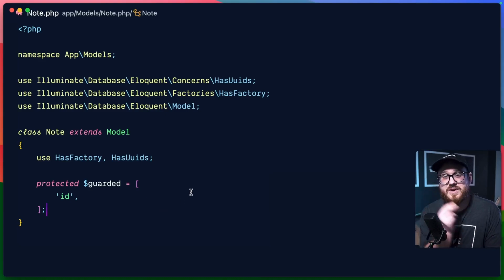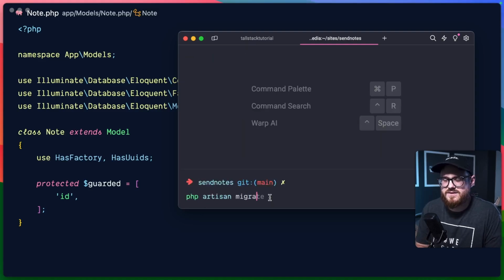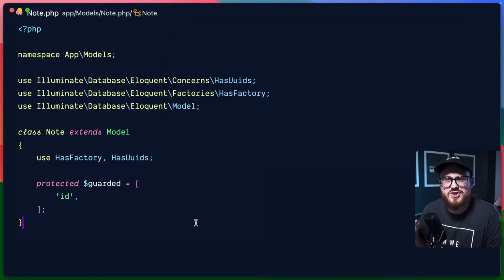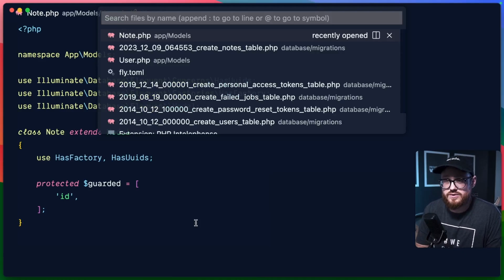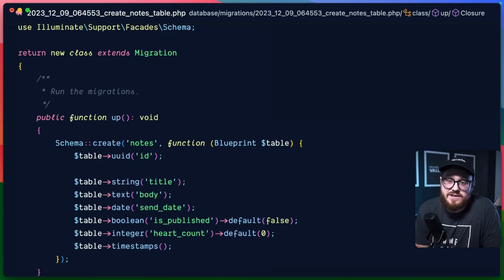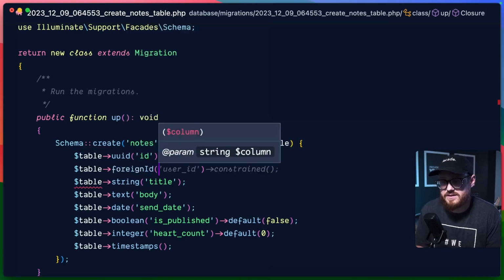Now, we forgot one last thing before we push this up into the database. We're actually going to roll back that database. Again, PHP artisan migrate rollback, because we forgot one thing. We need to make sure these notes are associated to a user. Now, in the create notes table, we're just going to modify this, and we could create a new migration and add this column. But because we haven't actually started publishing any data into it, it's not live, we're just going to do this in the old migration. So we can add a foreign ID, and we can say that that's for user ID,